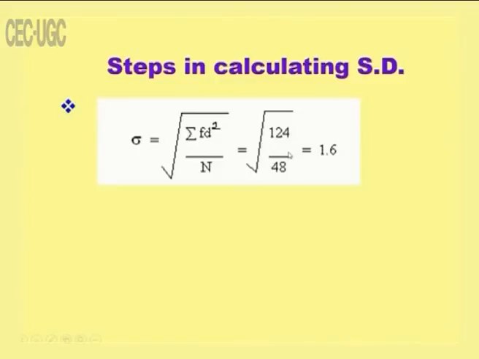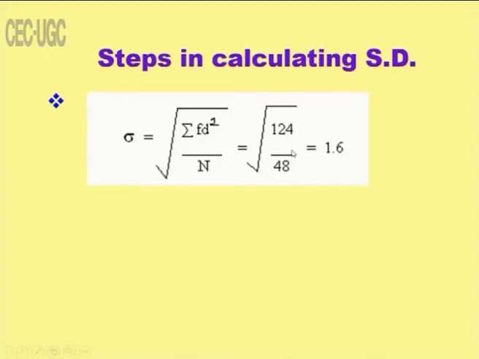So, what does it physically mean? From the average, the values are deviating on both sides to an extent of 1.6. So, for example, if you take the same data set and find the average, that means with respect to the average the data points are moving 1.6 on the right side and 1.6 on the left side. That is the meaning of standard deviation.